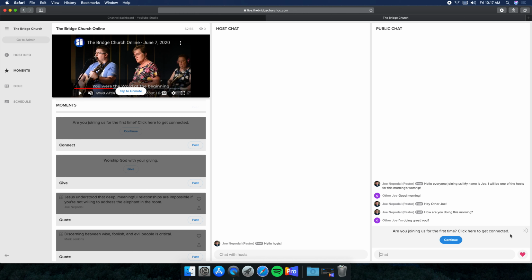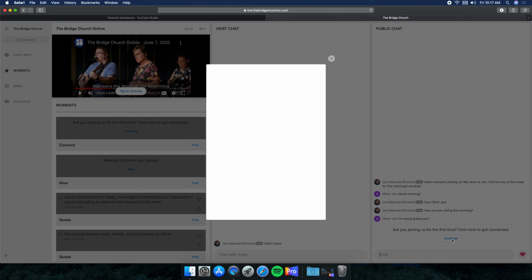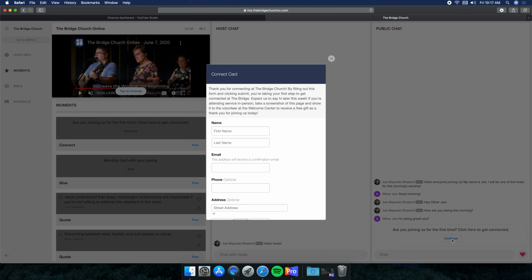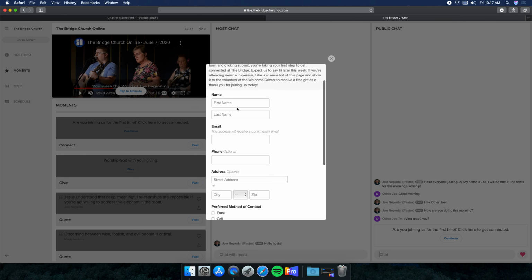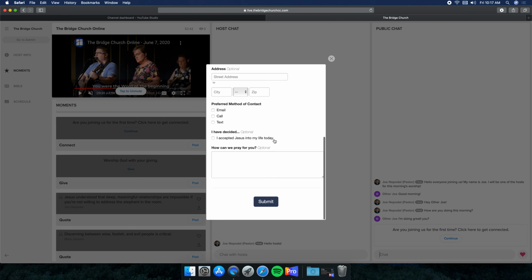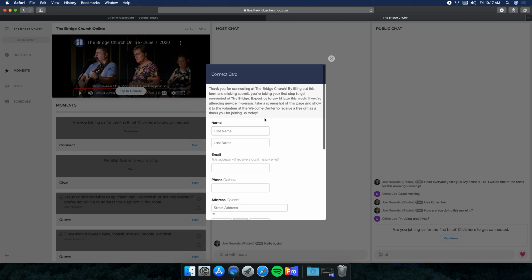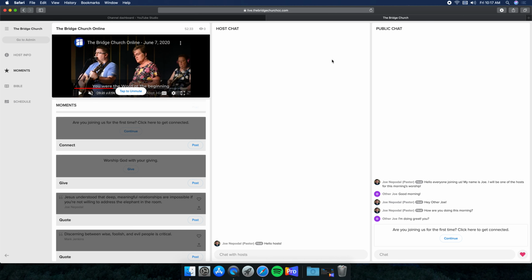Ideally, people who are new with us will click on that continue button, and without disrupting the video, that will pull up an iframe of our Connect card. So they can give us their name, their email, and then we can connect with them at a later date. That's really important to get new people connected using our Connect card. That's one of the main things we want to see people fill out as they are joining us online